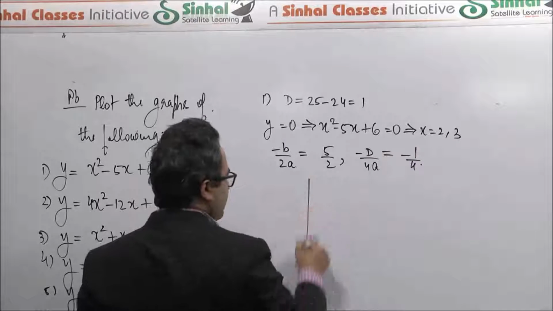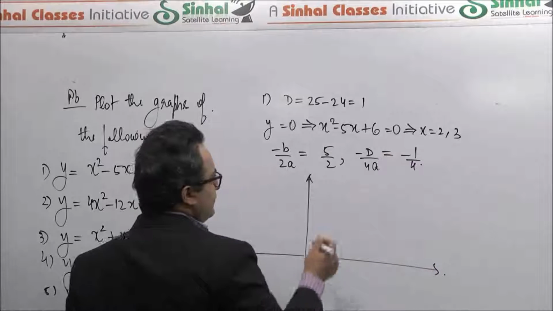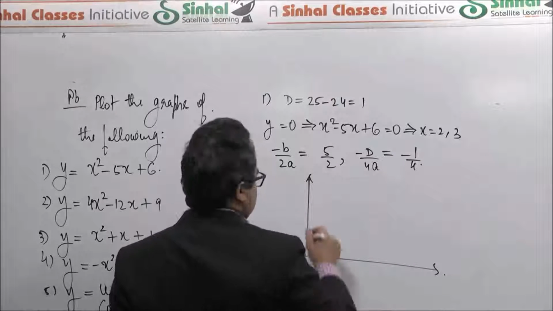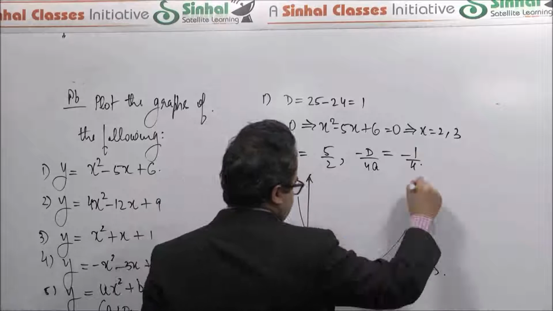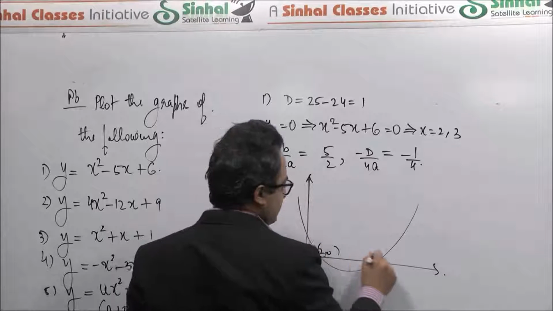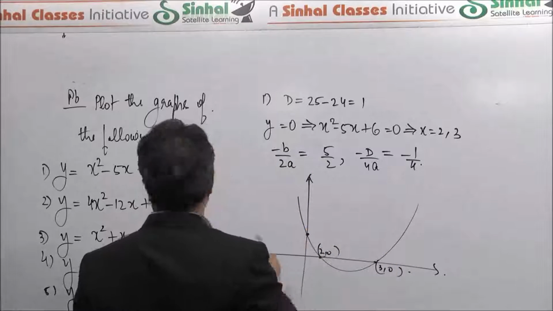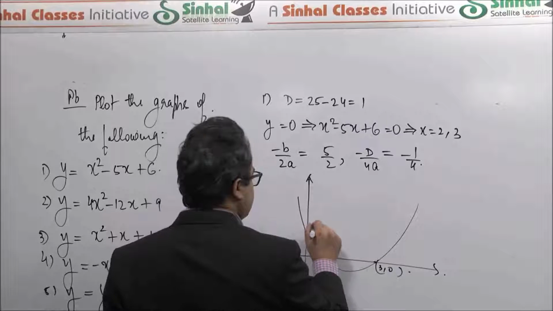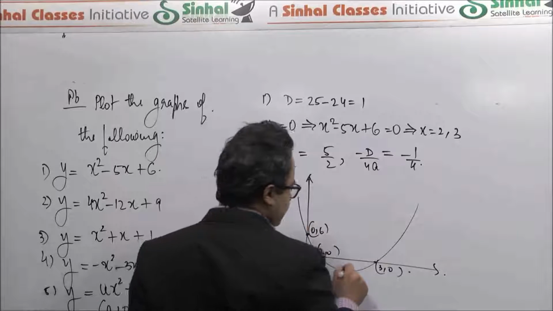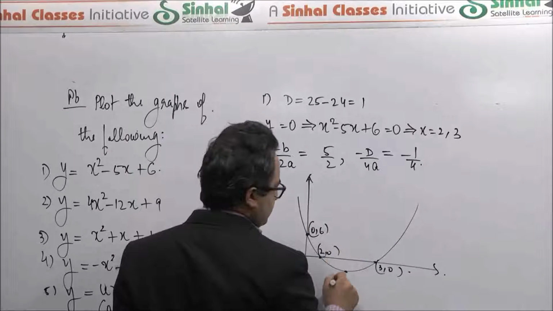So looking at all this information now, again it's opening up. Points of intersection are 2, 0 and 3, 0. So this is approximately what your graph looks like, 2, 0, 3, 0. In fact, for x equal to 0, you get y equal to 6. So this again is a rough plot, it's not really to scale. And the vertex we've seen is 5 by 2,